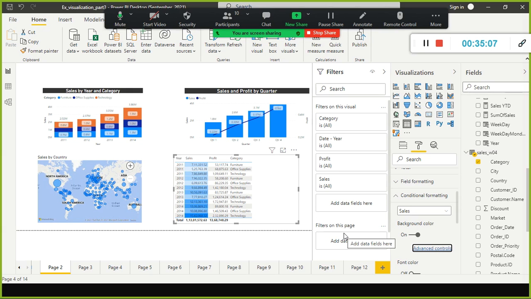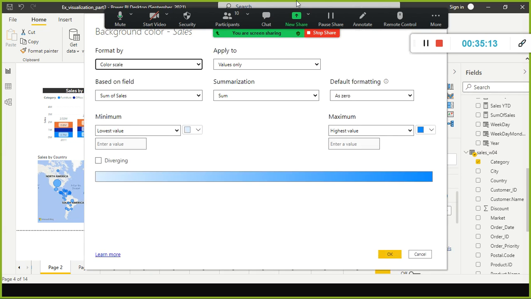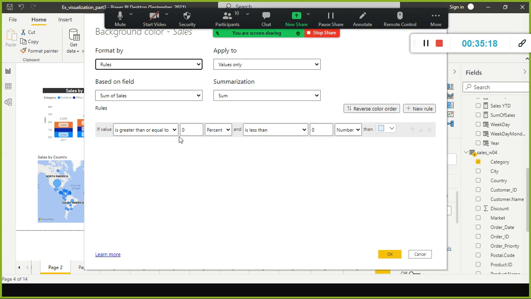With this, we should be able to quickly understand which year we are doing well. So 2014 and 2013 we are doing good. The other option is you can set some limit here. So you have something else called rules. If the sum of sales is greater than or equal to 0 or less than or equal to, let's say, 5 lakhs, anything less than 5 lakhs.